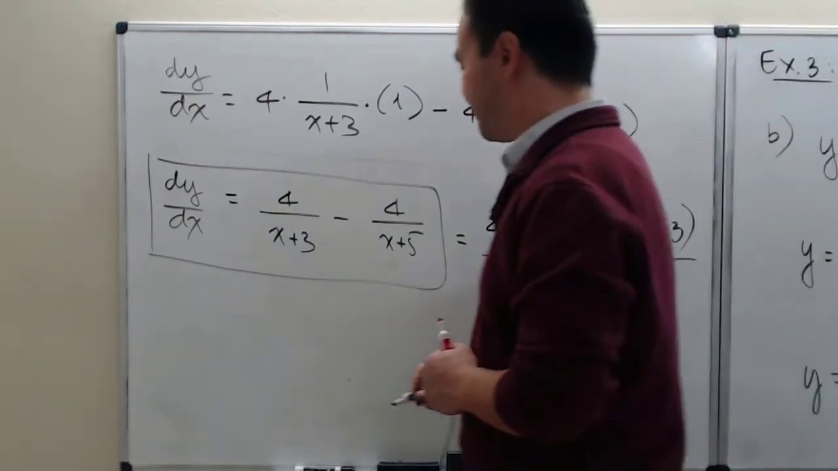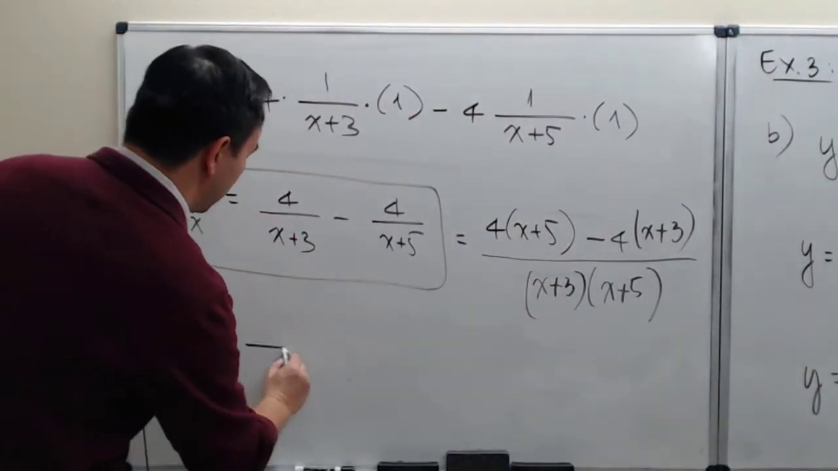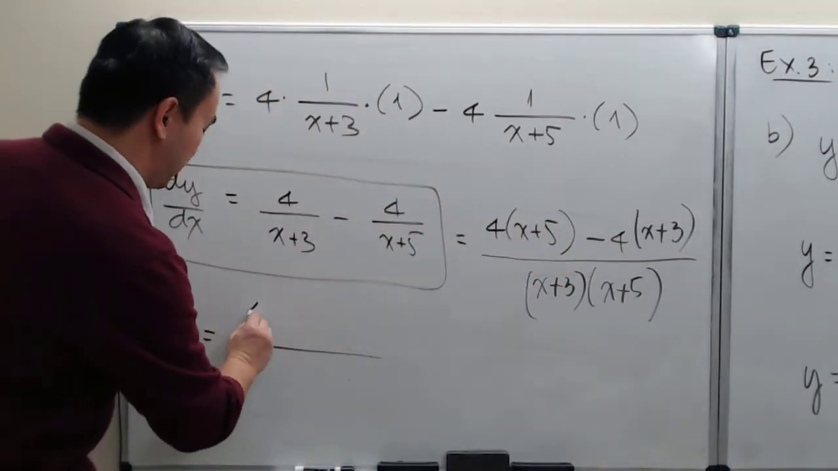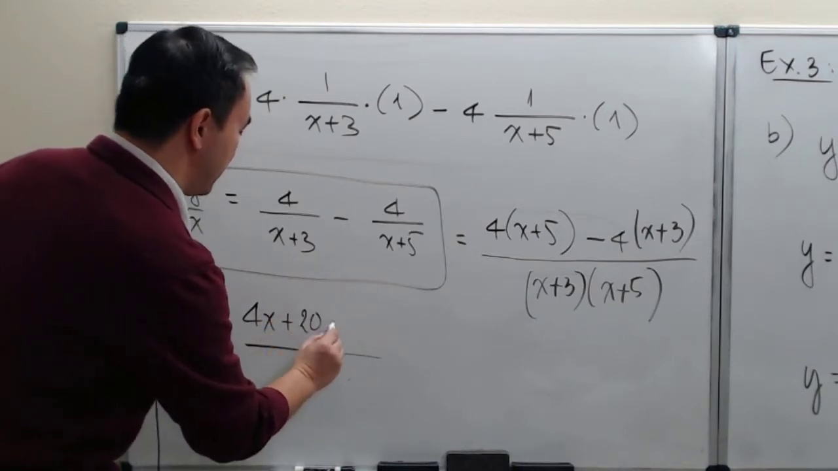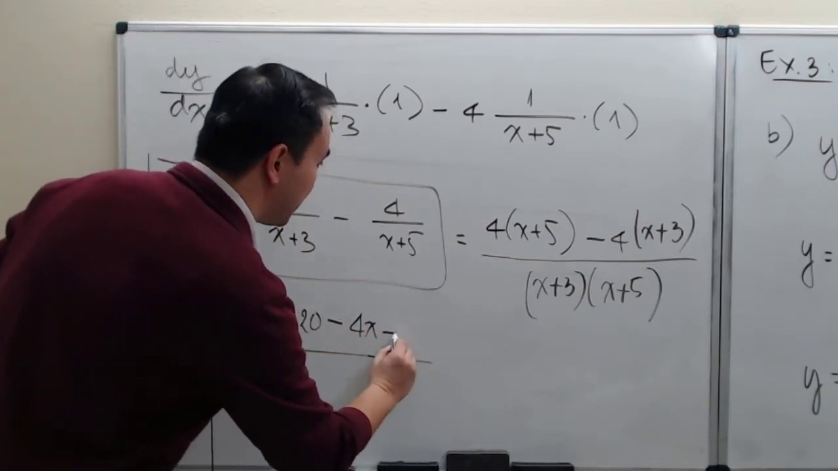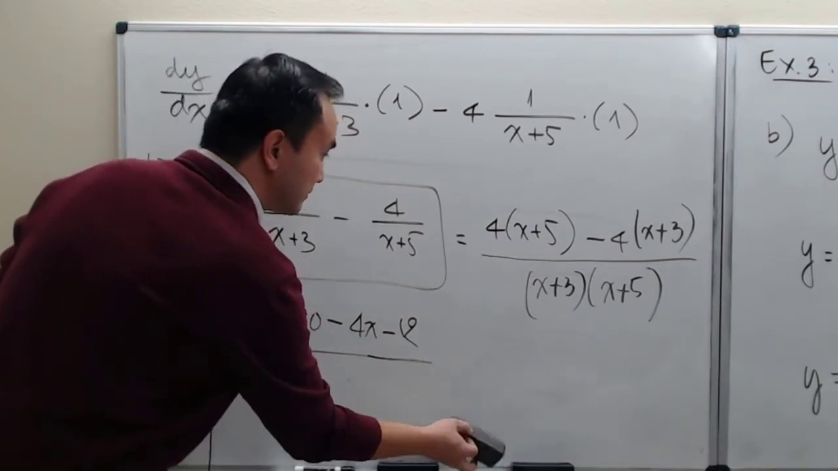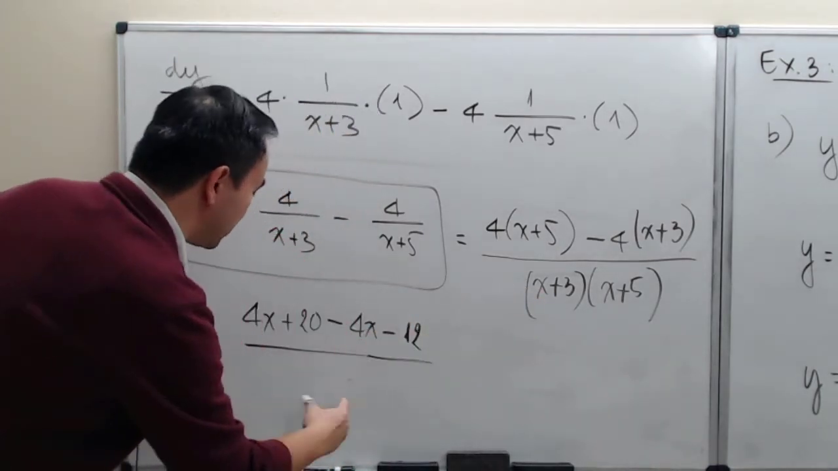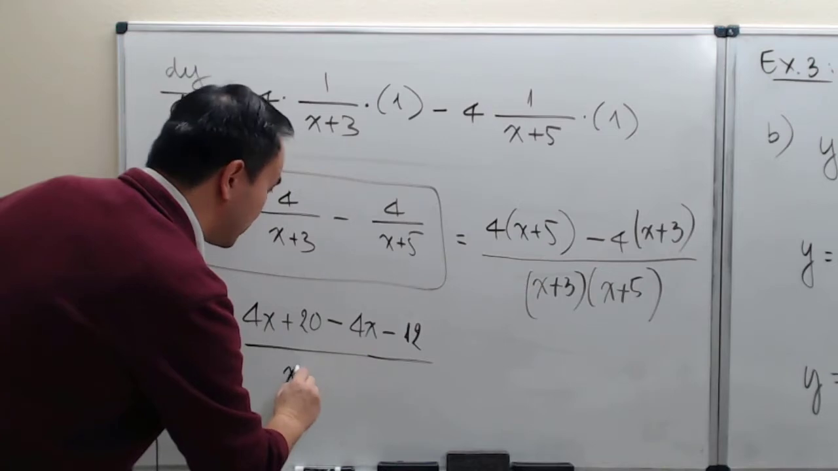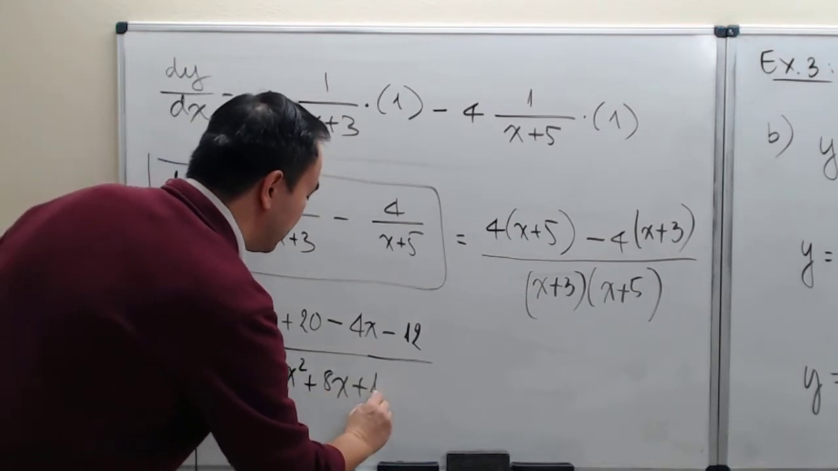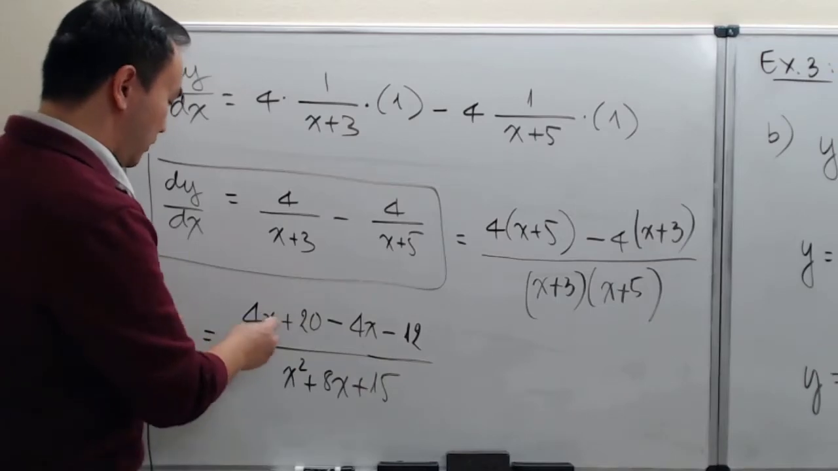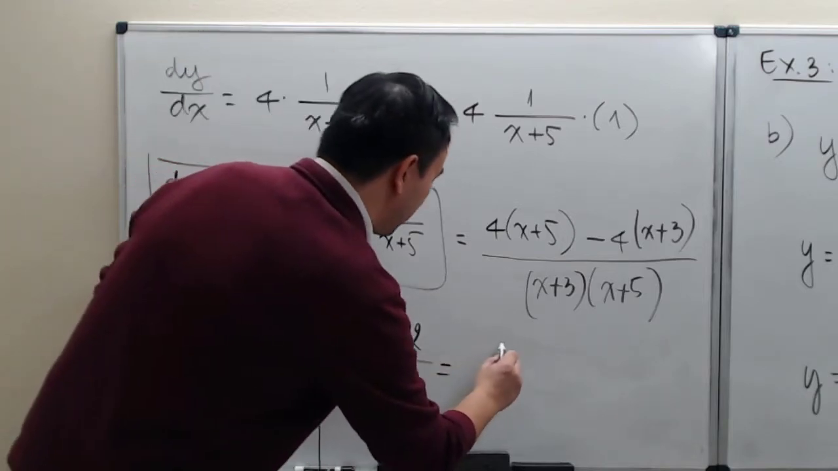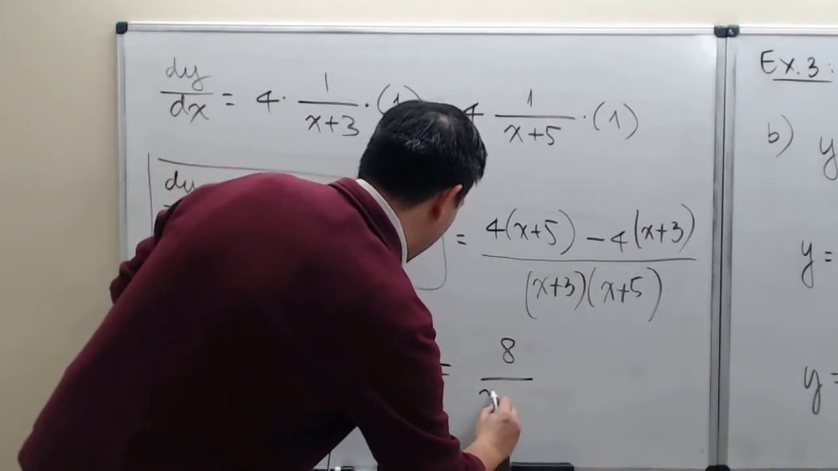Okay, and now it just takes a little bit of time to take the parentheses out. We're looking at 4x plus 20 minus 4x. Watch out for sign change. Minus 12. And then my denominator, after FOILing out, turns into x squared plus 8x plus 15. The 4x's in my numerator are opposite terms, they cancel out, and then 20 minus 12 gives me positive 8 over